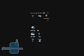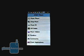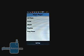When running AT&T's music service, you'll have a variety of different software applications you could use to run music. You could either shop music. There's also XM radio compatibility with the phone. When you launch the music player,